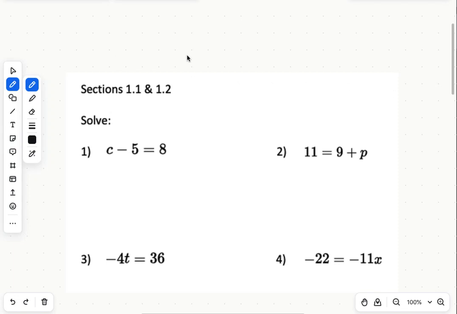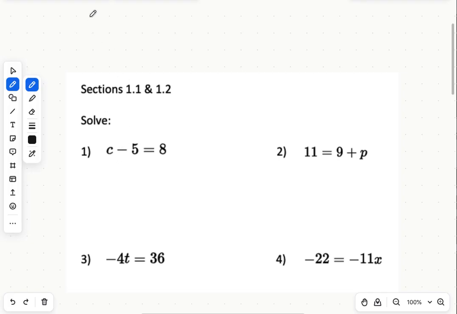Hey there, so this video is going to cover sections 1.1 and 1.2 for the in-class material for Math 093. For this we're just working out solving really basic equations, and what I want to remind you of before we get started